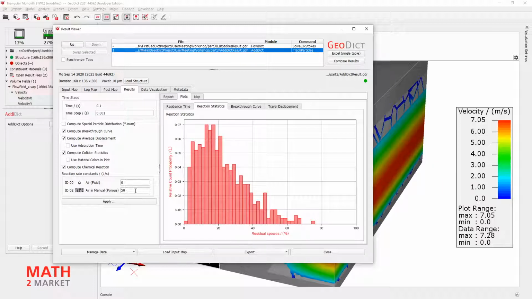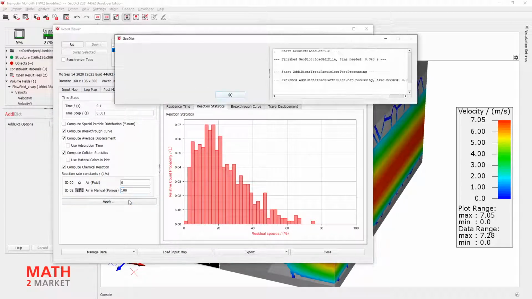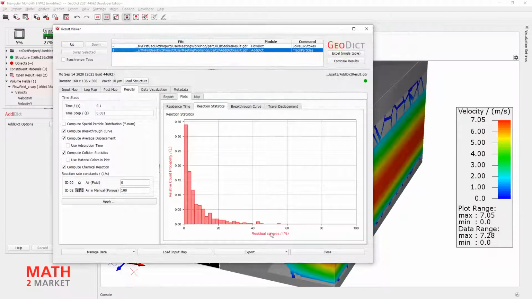You can see here a mean value of about 20%, and if you change your reaction rate, for example, to 100, then your residual species will go down because your reaction is now faster, all the particles can react a little faster, so the material left at the end is going down.